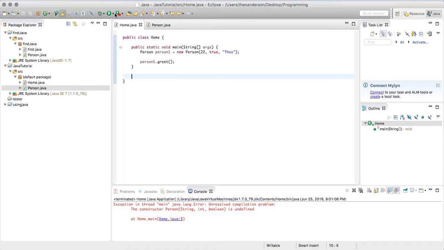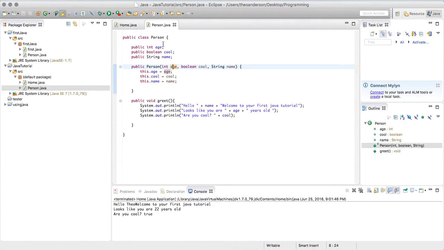So if we call this greet method, we run it. It should say, hello Theo, welcome to your first Java tutorial. Looks like you're 22 years old. Are you cool? True. So instead of here, we could write an if statement, and then we could say if cool is equal to true, and we could just